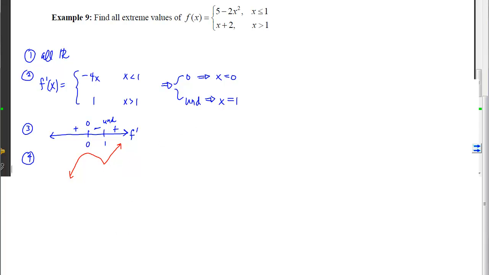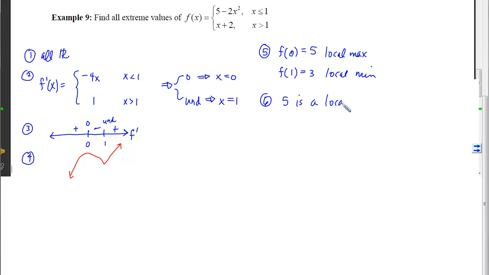So with step 5, I'm going to write the outputs of the function at both 0 and at 1. If I plug 0 in, I'm in this branch. Plug in 0, I get a 5 minus a 0, which is a 5. So that is a local max. And if I plug in 1, I get a 3, which is a local min. So for my step 6, I say 5 is a local max